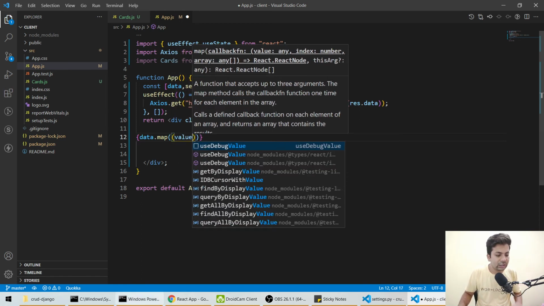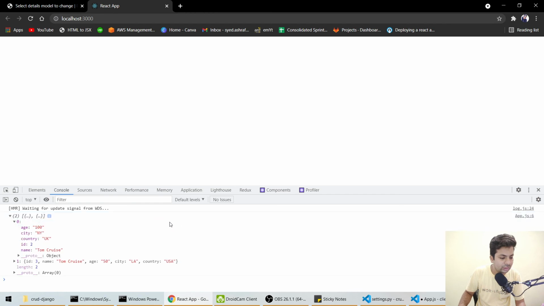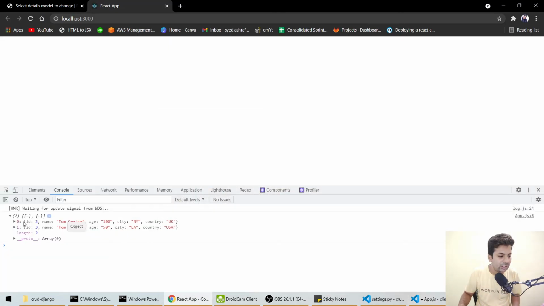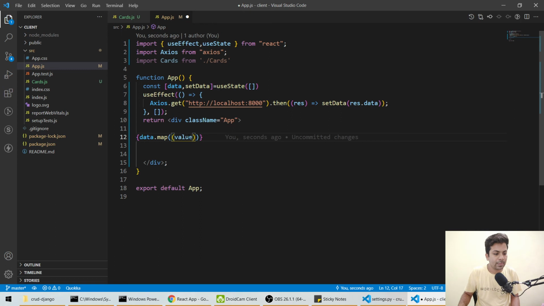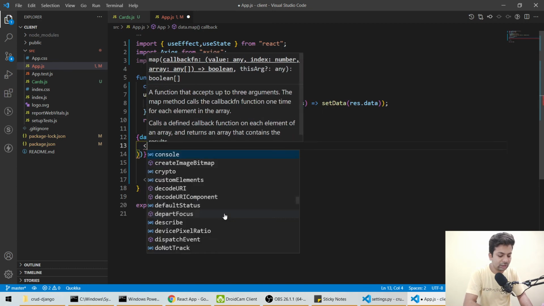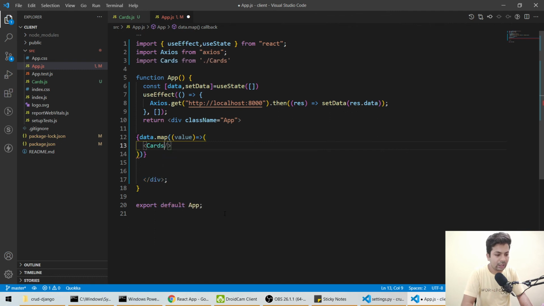It will take each object of the array: the 0 index will come here in the value, then it will come to index 1. Every time we want these cards to be rendered.